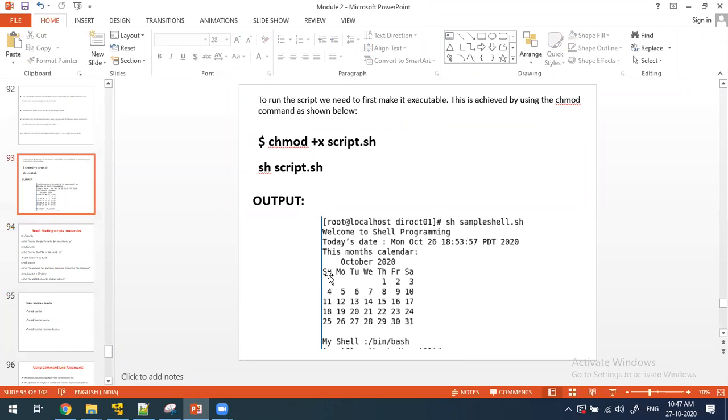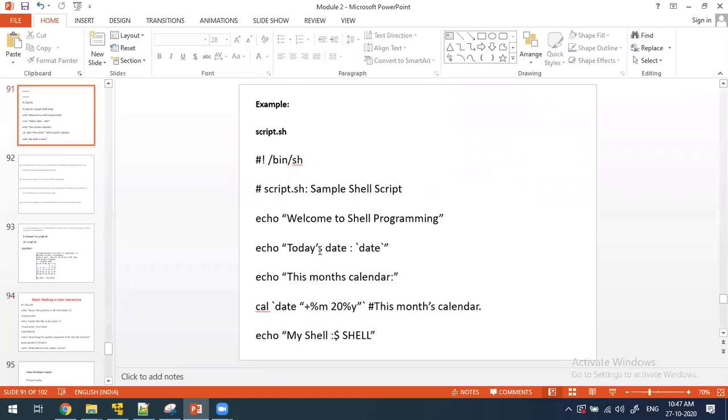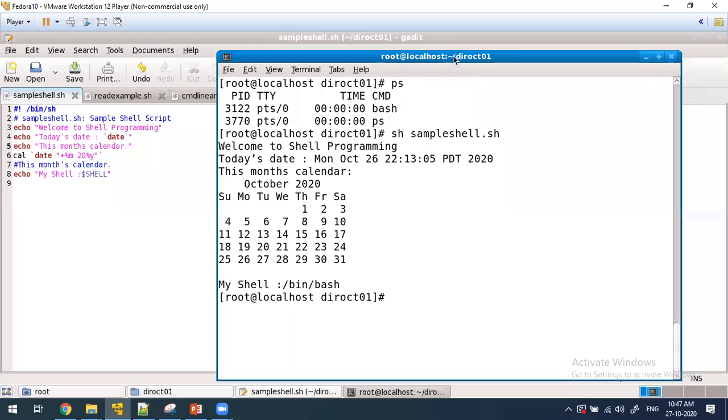If you have any doubts about this shell script, you can ask now. Anyone can raise your hand, or you can send a doubt.